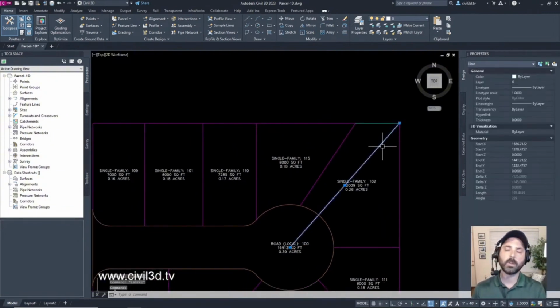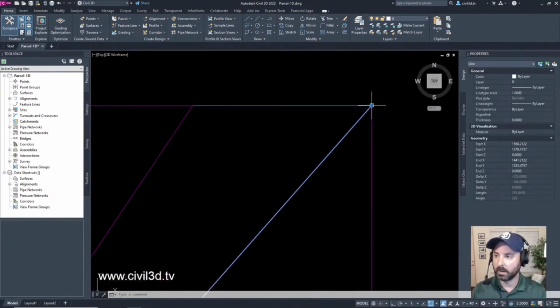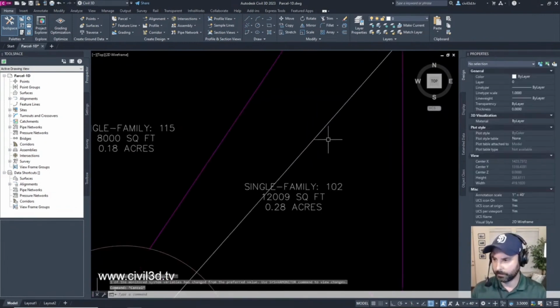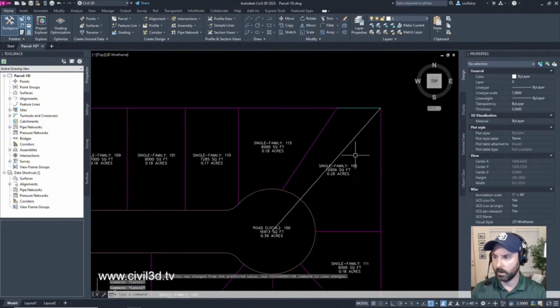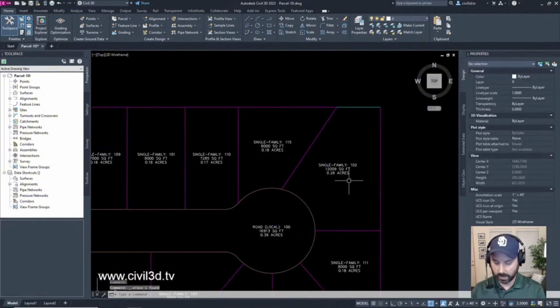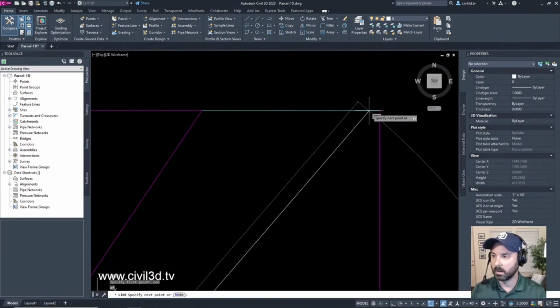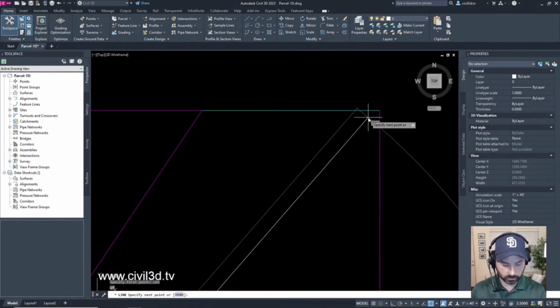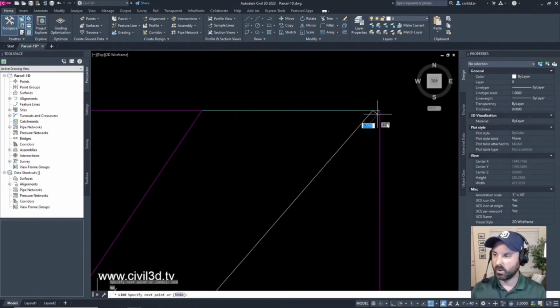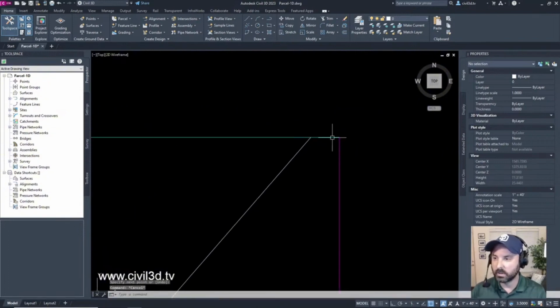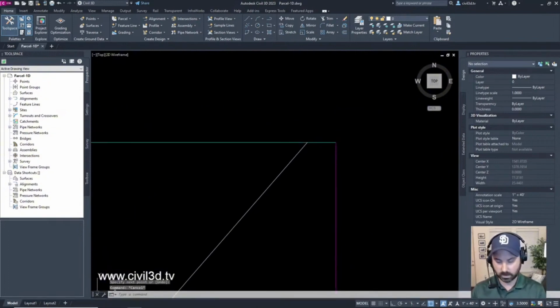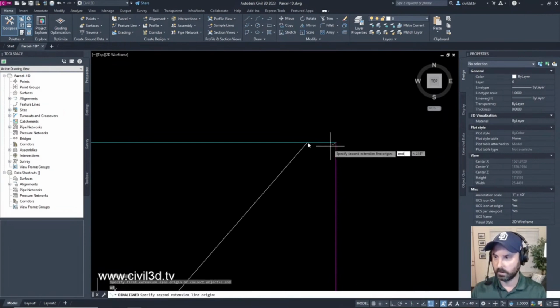But whenever lots are being laid out, you want to try to avoid this kind of situation where, maybe, my CAD's hanging up here, bear with me. If I delete this line, and if I go from the radial of the cul-de-sac and I go to about right here, surveyors really get annoyed with this. If I go to about right here and I've got just a little smidge of distance, here I'll show you the distance.